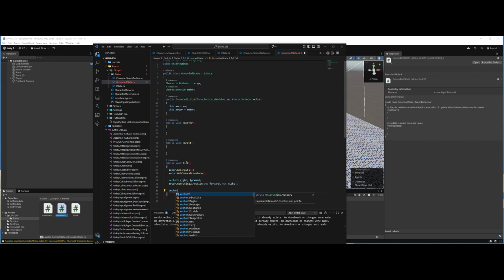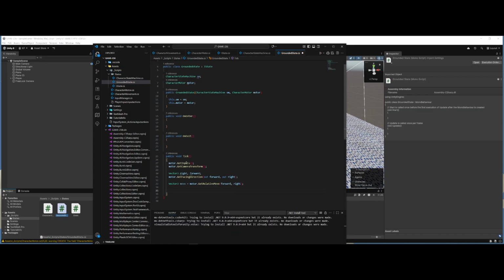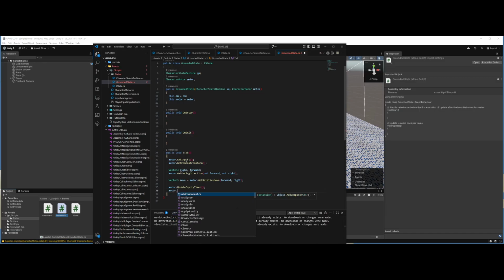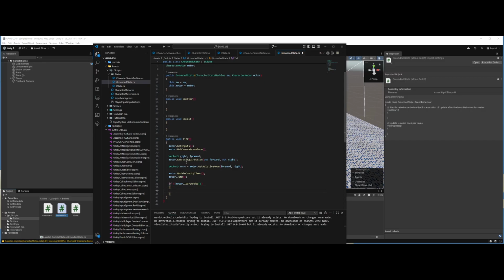Create our move vector. Then we want to update the coyote timer. We want to update the jump. And lastly,